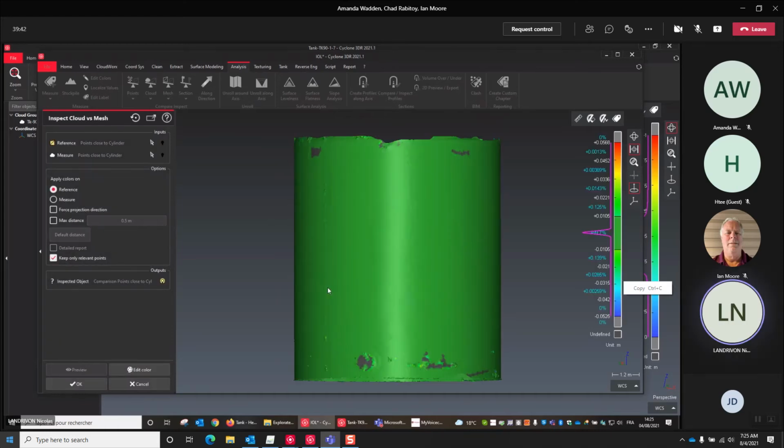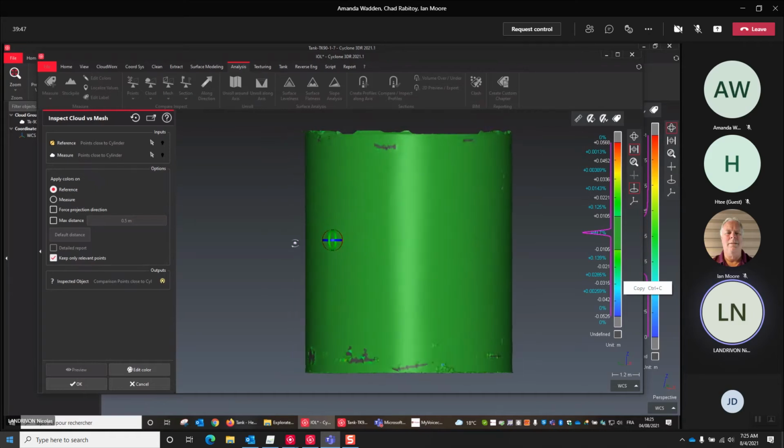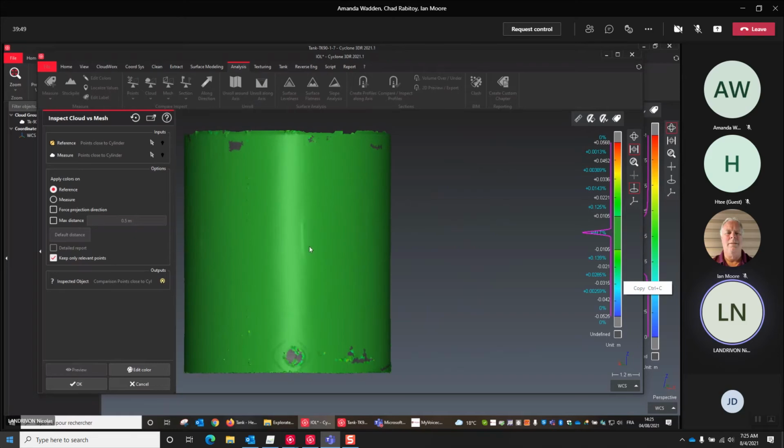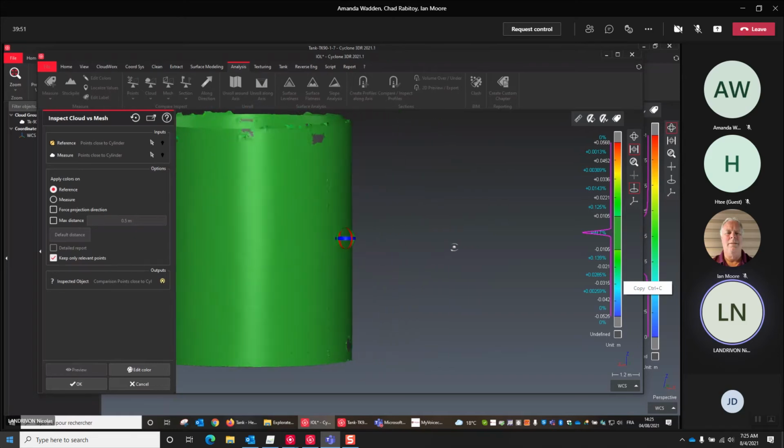So we're going to compute in 3D at the shortest distance the deviation between the points and the result mesh.